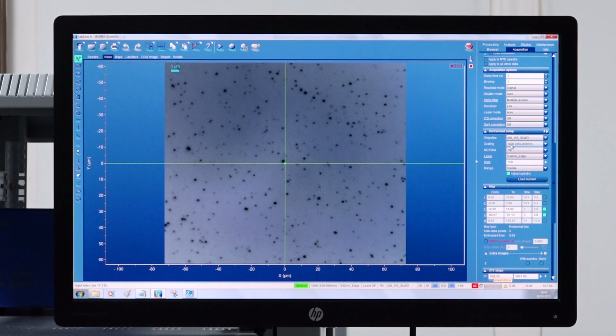The grating we are using is 1800. We will use the ND filter at 5%. The laser wavelength we are using is 532 nanometer green laser, and the Rayleigh filter we are using is the edge filter. So we will select that. The confocal hole is set at 100. So since it is a silicon surface, we do not need to actually adjust the confocal hole. 100 is fine, and the range is set as visible. So now I will show you the actual beam falling on the sample. To do that, I will switch on the laser.